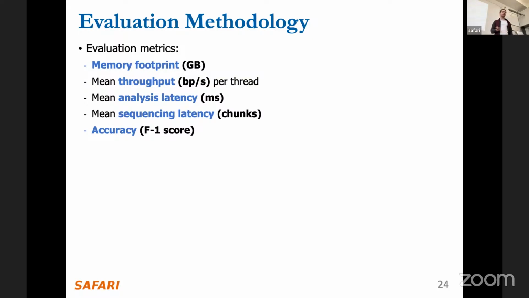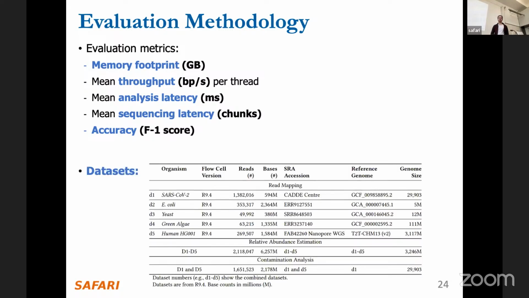Of course, alignment doesn't really change the memory footprint, but as an overall tool, as an overall method, we'd still like to have that. Then the throughput and the analysis latency are significantly affected by, first of all, the computational overhead, but on the other hand, the additional accuracy that we get out of alignment. The sequencing latency is mainly impacted by the accuracy that we get, and the accuracy itself